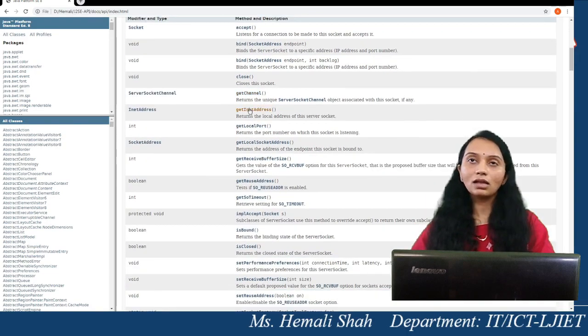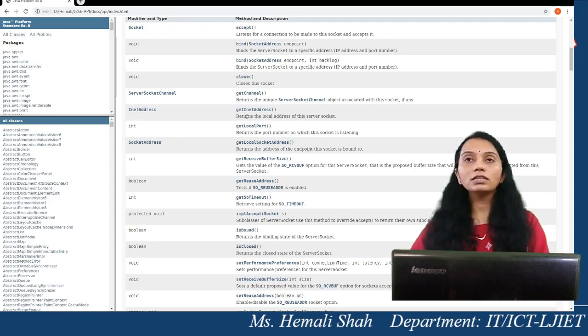This close basically releases the occupied port in your machine. If you do not release the port by using the close operation, it might be possible you will not be able to get that particular port again when you are running your program. And if in the previous program there was an infinite loop, or a deadlock occurred and you didn't close this socket, then next time whenever you run your program you might not get that particular port number to create the socket, right? So keep in mind you have to call the close function to release the port which is occupied by your server socket object.